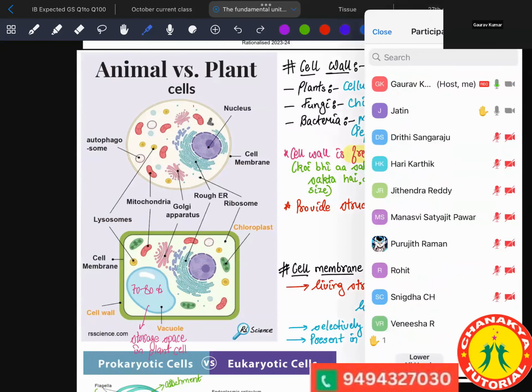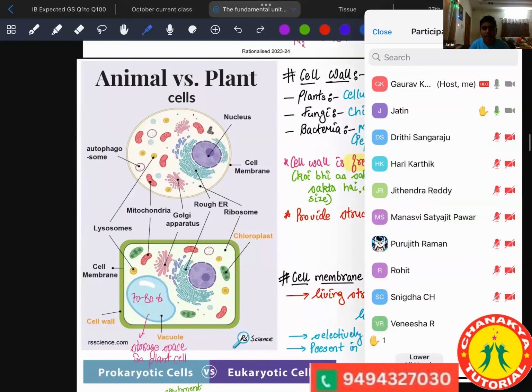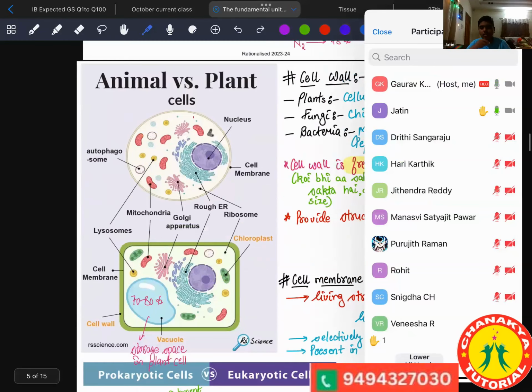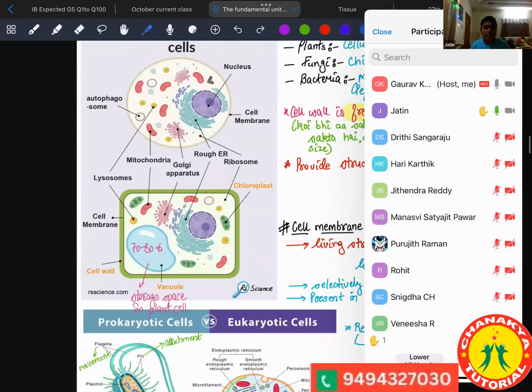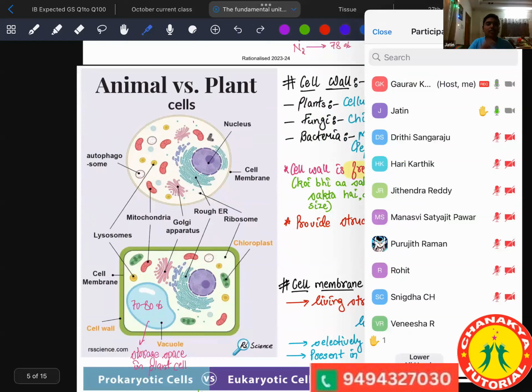Yes, that means plants are less active. Doesn't mean lazy. They could not move, so instead of using the food, they have to store it. So that's why it has a big vacuole. Meanwhile, animals have more functions and more activities, so they have smaller vacuoles. The energy of the animal is being used more.